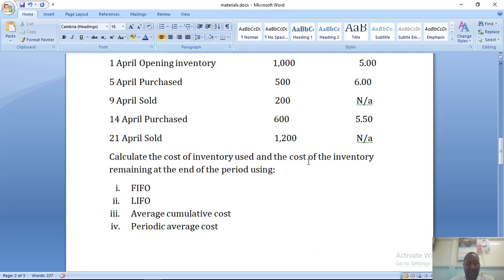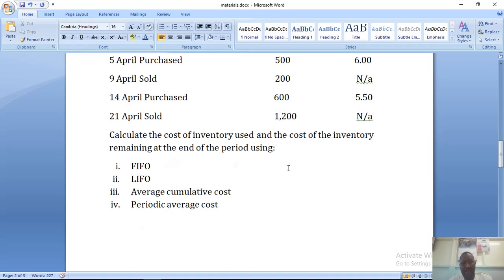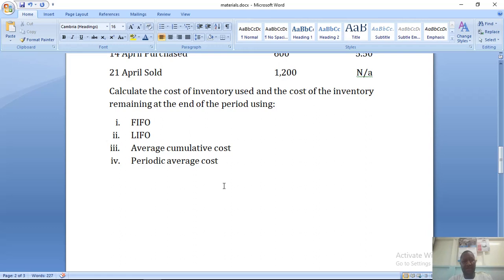So let's start with our first one, using the FIFO method. Using the FIFO method, we've said FIFO stands for first in, first out. So you are making an assumption that the inventory that came in first should be the first to be used. So as part of the solution,